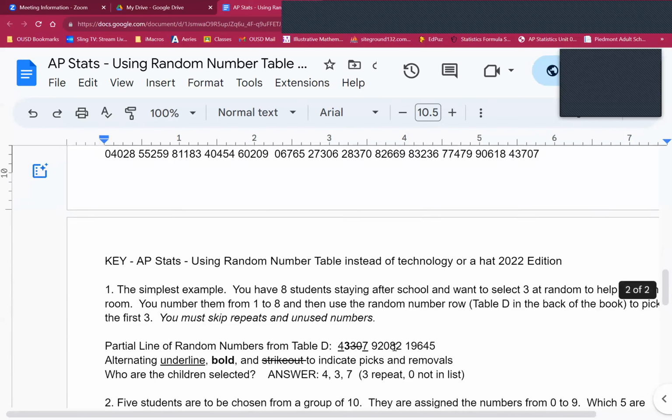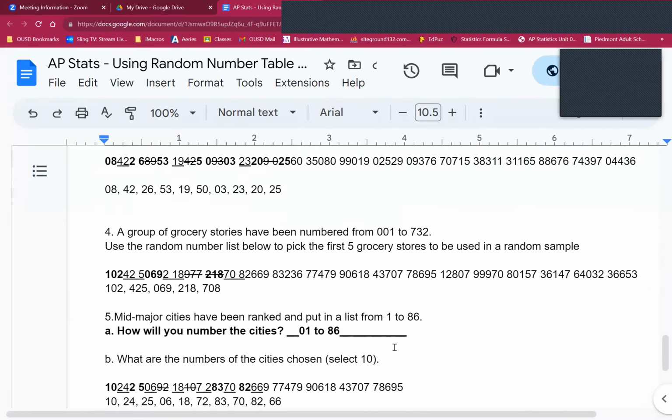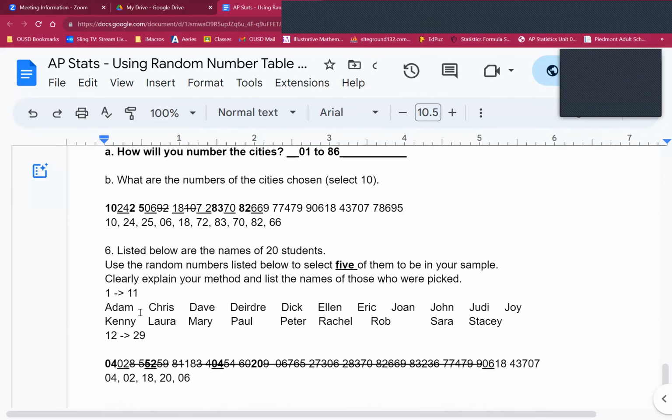So in my example answer, what did I do? I did 1 through 11 here. And, oh, I think that's a typo. It must be 12 through 20 there. And you can see 04, 02, 85 throw away, 52 throw away, 59 throw away, 81 throw away, 18 throw away, 34 throw away. 04 has been used already. 54, 60, 20,